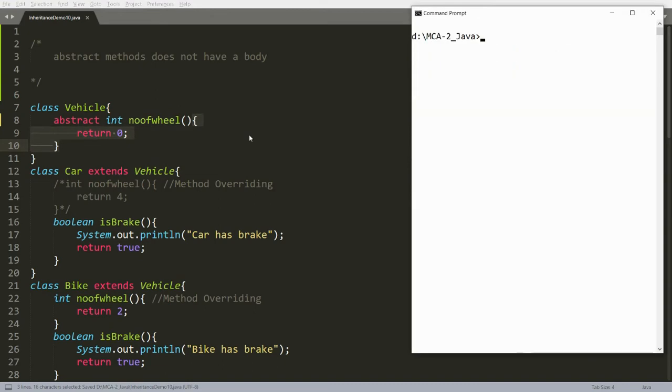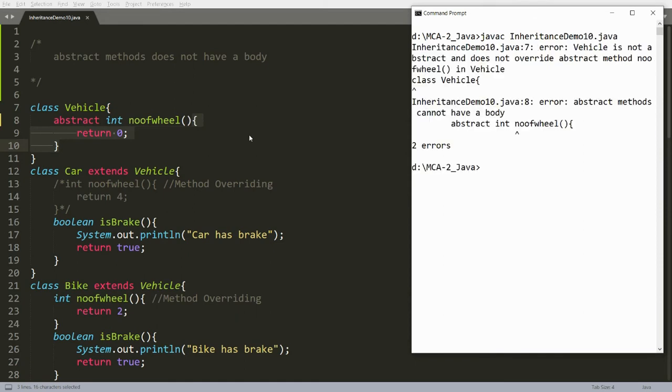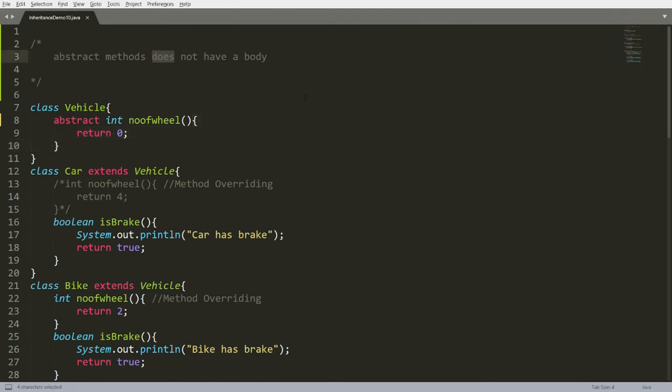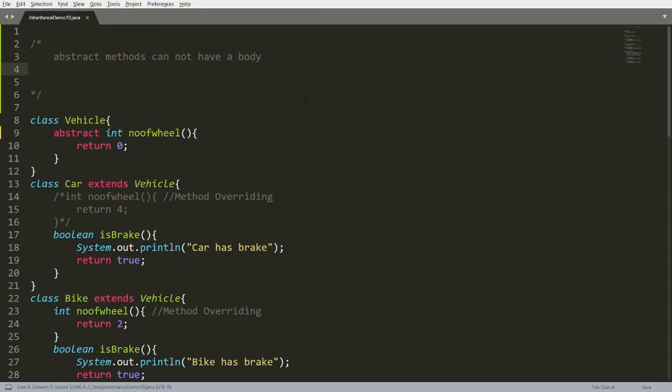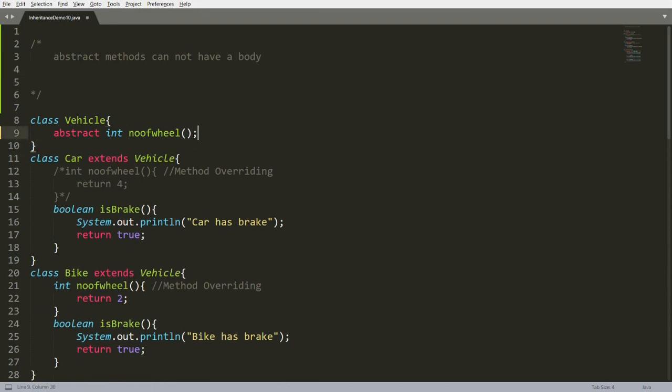If you compile this, you will get the error for Java inheritance demo 10, that abstract method cannot have a body. So the rule is abstract methods cannot have a body.